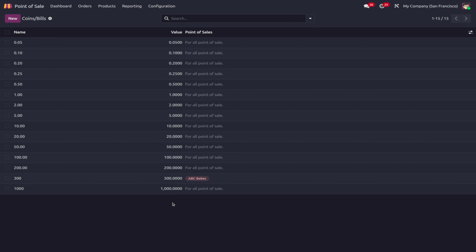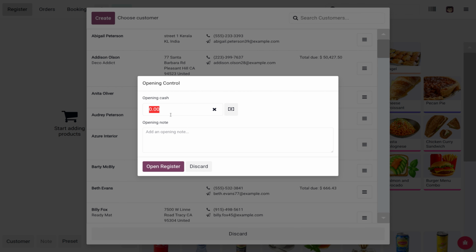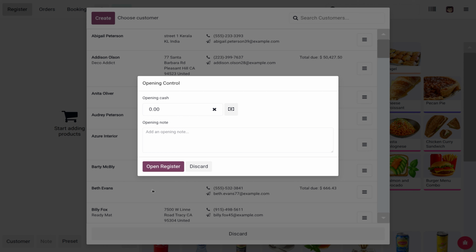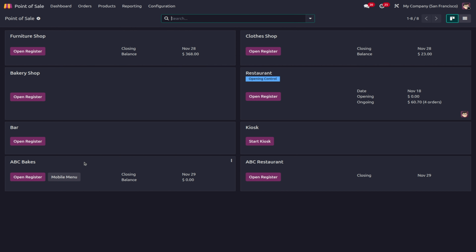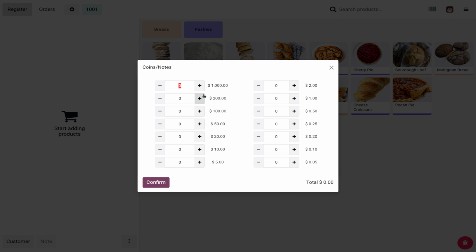Here I have added 1,000 for all POS. Then when I move to the ABC Bakes, we can see while adding the opening cash, the 300 and 1,000 are visible. But when I move to another shop, the coin of 300 won't be visible, because we enabled 300 only for our